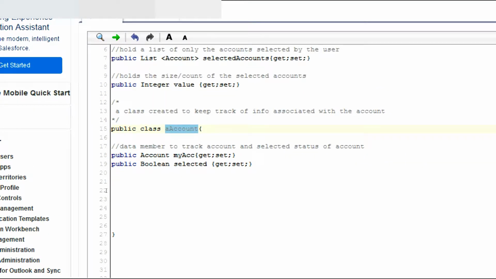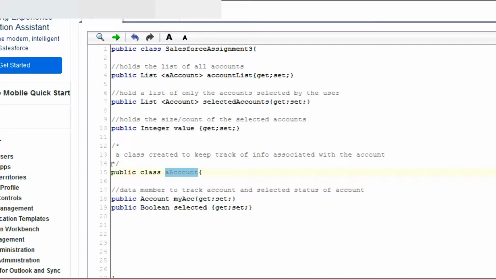that we're going to have a class called aAccounts, which we have added up here. And basically, each one of these accounts, we're going to keep track of the status of the account as well as the account itself here. So basically, the status of the account is going to be a Boolean, which is going to determine whether or not it has been selected. And basically, we just want to be able to keep track of that so that when we press